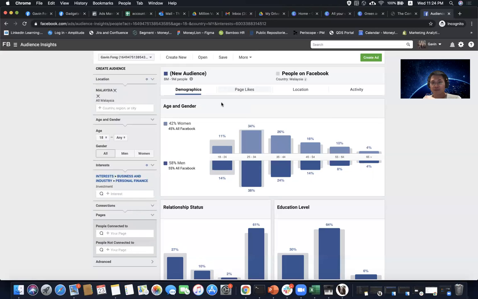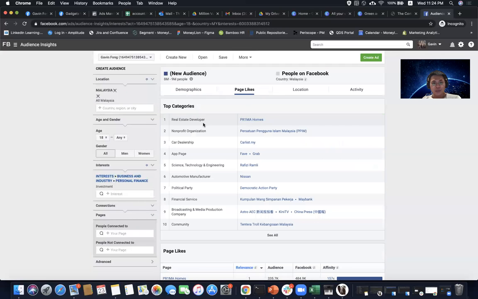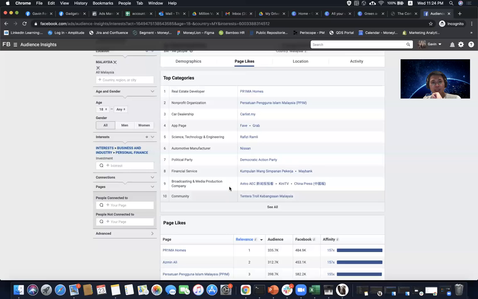So let's say we have keyed in this keyword called investment. Now let's come to the page likes. So here you see, okay, when you talk about investment, here you see, oh, real estate developer, non-profit organization, car dealership. This basically,